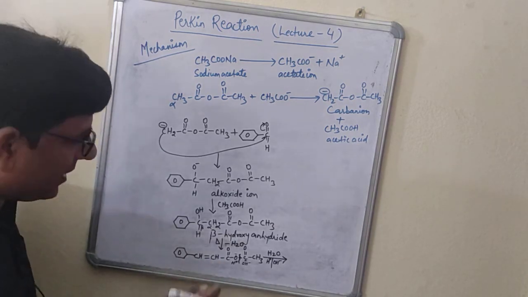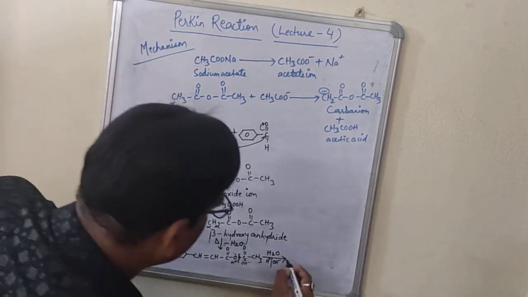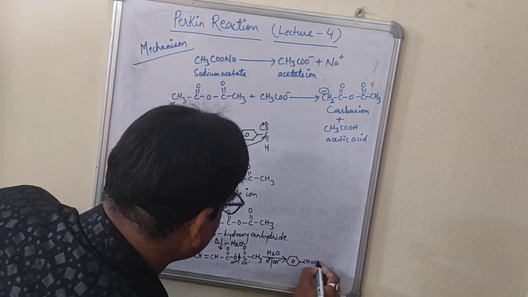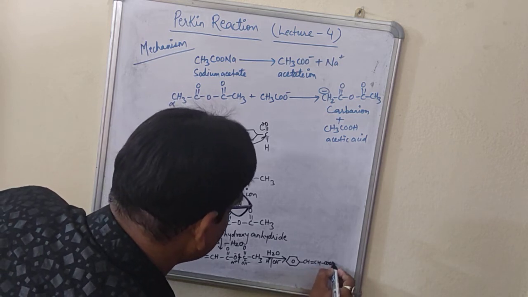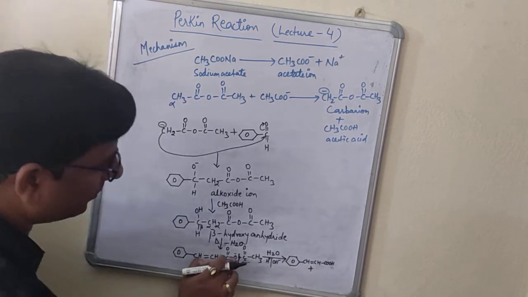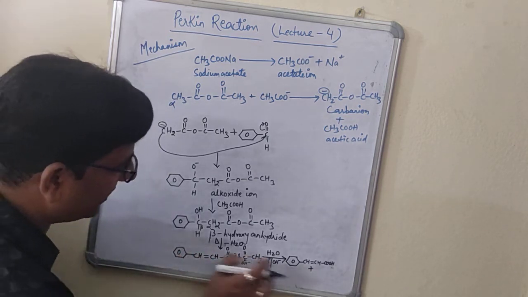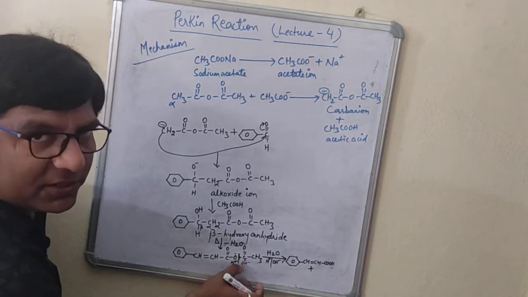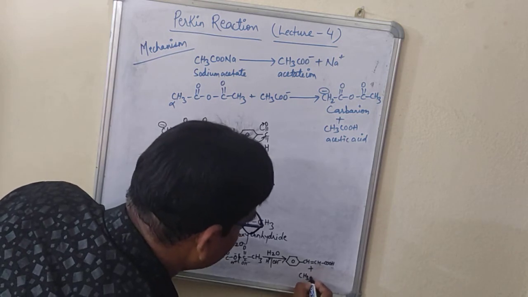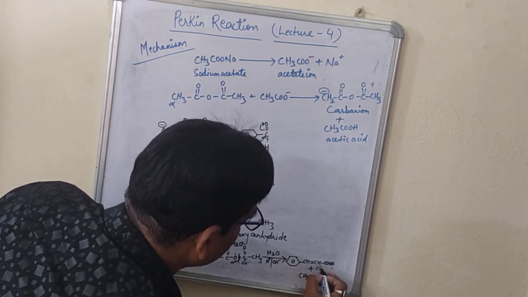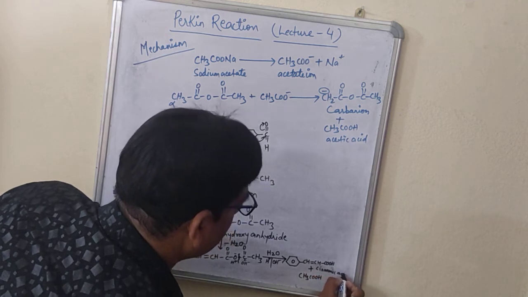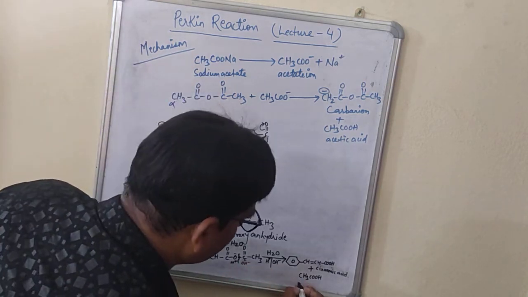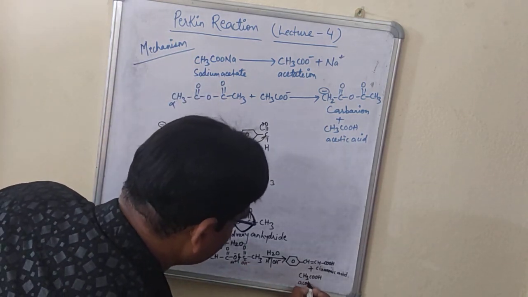Accordingly, I will write the product. So if I have broken this bond, what will happen? You will get two compounds. You will get CH double bond CH, C double bond O, OH. Already you have broken this bond, so this is a separate entity and here that is a separate entity, right? So here what will you get? CH3COOH, right? So that is the acetic acid. And this is what? Cinnamic acid. Right? So I hope you have understood this reaction and the mechanism of it, students. This is acetic acid.